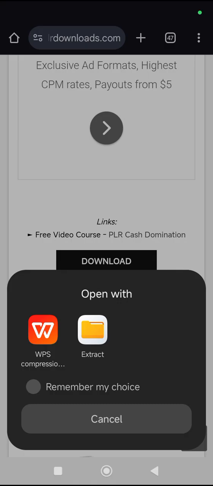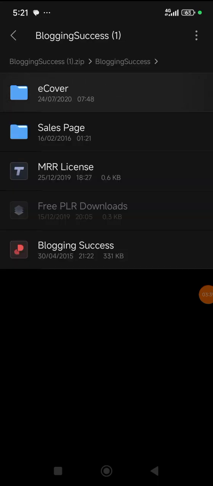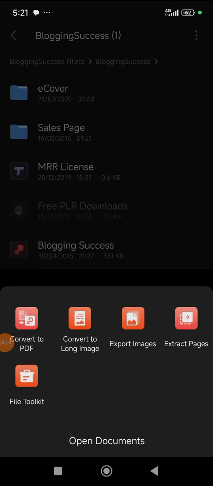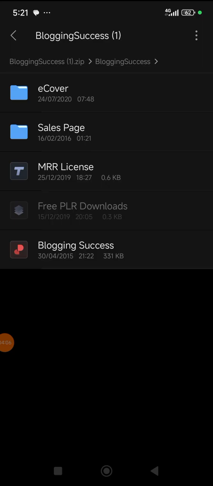Now, once you've downloaded it, you go to your file, you see it. Now, the product always comes as a zip file. Right, so you tap on the zip file, you will see other files inside the zip file, the e-cover, the sales page, and so on. Now, like I said earlier, if you are accessing this product using your smartphone, there are certain things you won't have access to, like the e-cover and the sales page, and yes, you can have access to the license and the ebook itself. Now, this is the license here. So let's just open it so we see what is inside. Let's say open document. Let's just use open document.